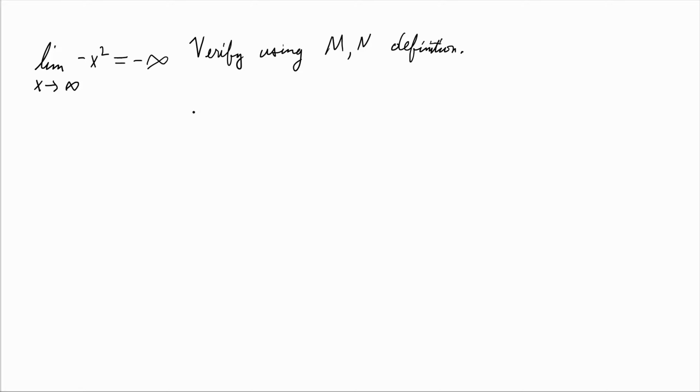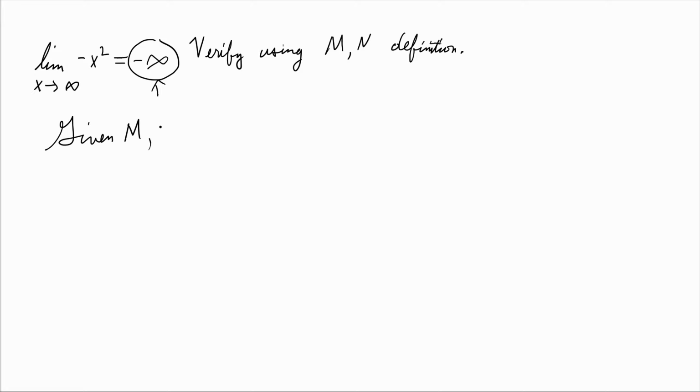Okay, how can we verify this? First of all, what is this statement? As with the others, we always have, given a y closeness, there exists an x closeness. So given a y closeness to negative infinity, what's a y closeness to something infinite? That's an M. So we say given